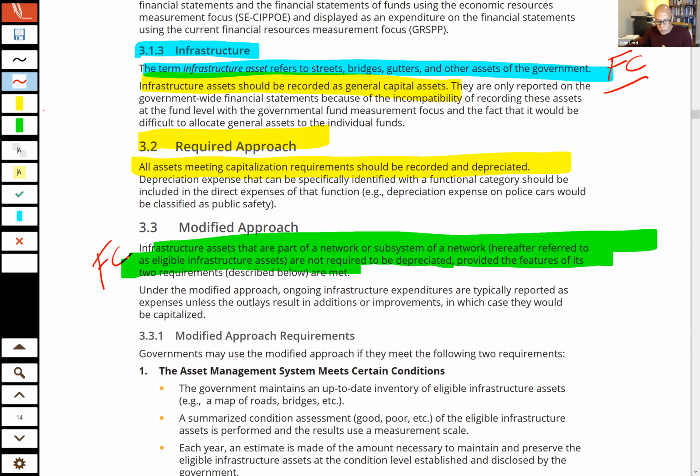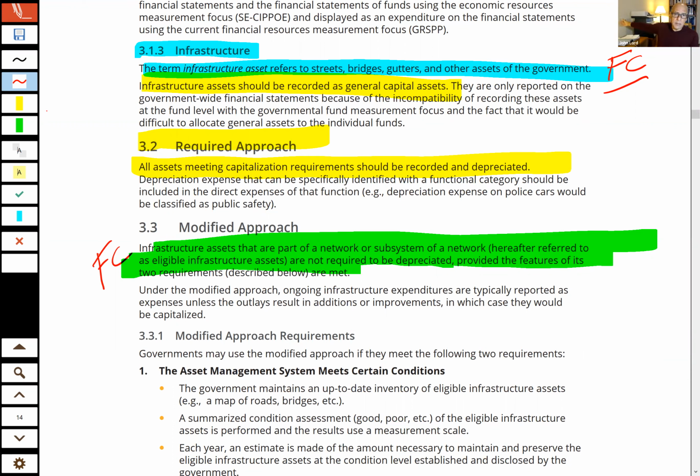Now, when you think through this logically, you say, well, why would that be the case? Well, what happened was, prior to GASB 34, governments did not report infrastructure assets. That wasn't even required to put those on the balance sheet. GASB 34 comes along and said, hey, governments, prepare a set of government-wide statements and bring in infrastructure assets. Well, if you're a government like,